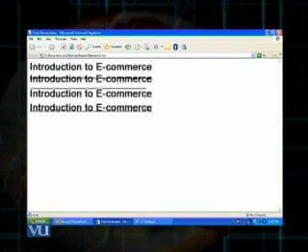They are cut out by a line. This is because of the text decoration style. Then subsequent line, introduction to e-commerce, there is a line above these words, and then in the fourth line, the words introduction to e-commerce, they are underlined. How do we achieve this result? Let's have a look at the code.